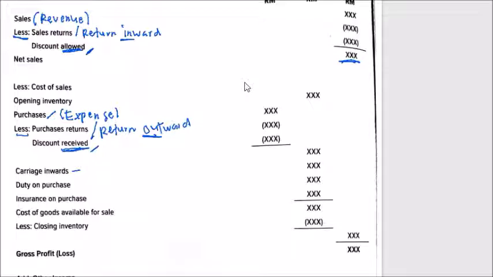So that's why we add it here. Okay. So while the carriage outward, which is here, it is a cost that we bear to give to the customer. So it is not related to the inventory cost. Okay,